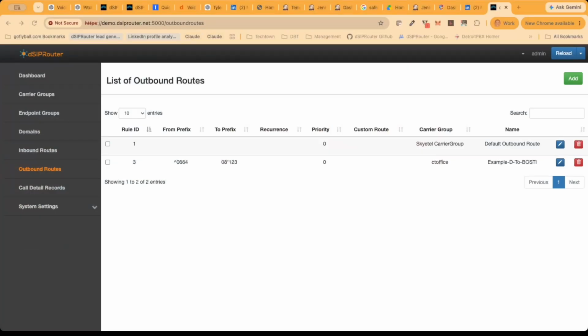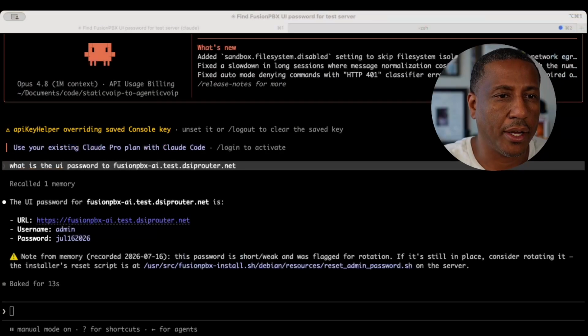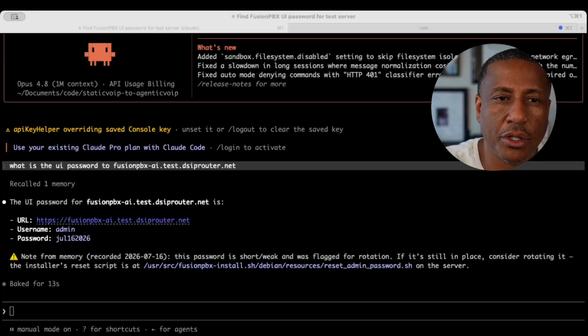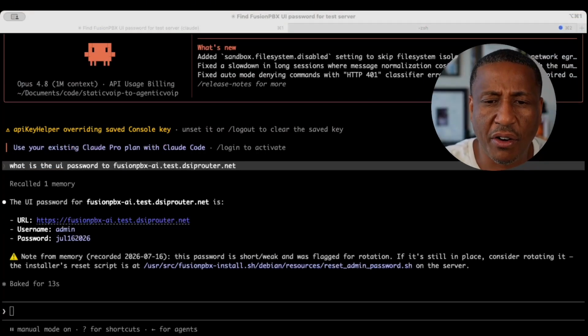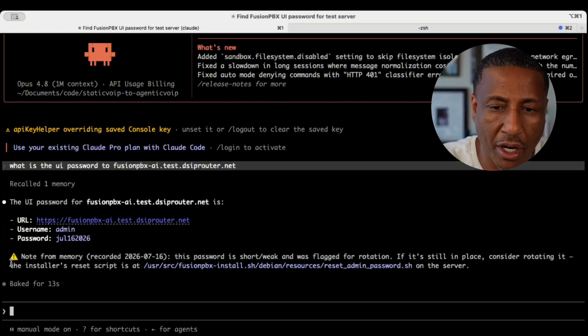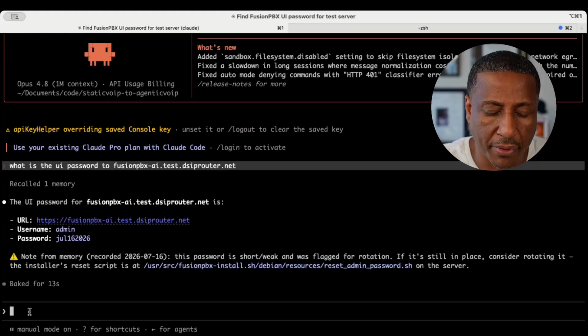So today we're just going to jump right in, and we're going to talk about setting this up so that we can make outbound calls. So let's go ahead and get into it. All right, so the first thing we're going to do, and I've already kind of done it, I just wanted to make sure that Claude remembered our system. If you remember, it's the Fusion PBX AI system, and this is the credentials to that system. And so we're going to go ahead and say, hey,